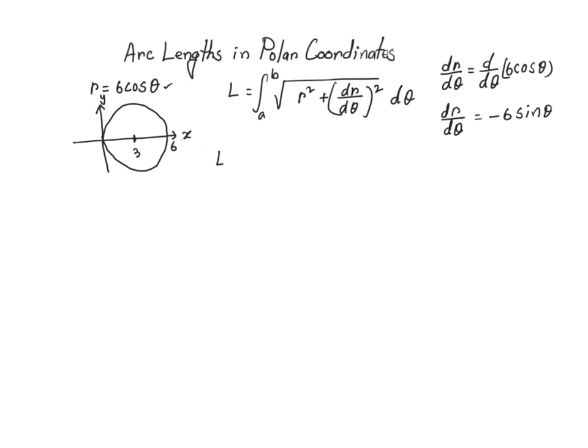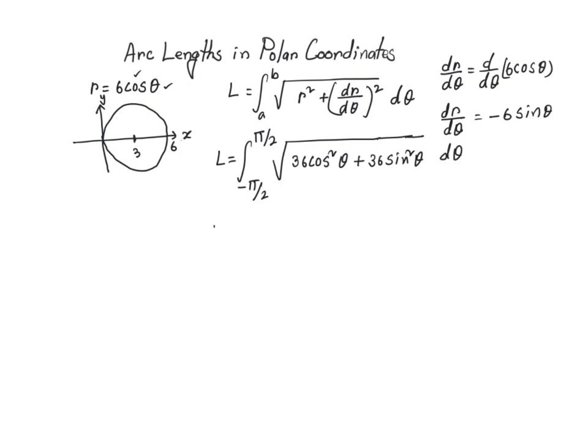Now all I'm going to do is plug in these values. So this is going to go from negative pi over 2 to pi over 2 of the square root of r squared. r is 6 cosine of theta, r squared is 36 cosine squared of theta. Similarly, dr over d theta is negative 6 sine of theta, the square of it is going to be 36 sine squared of theta, and then d theta. Now that is going to be equal to the integral from negative pi over 2 to pi over 2